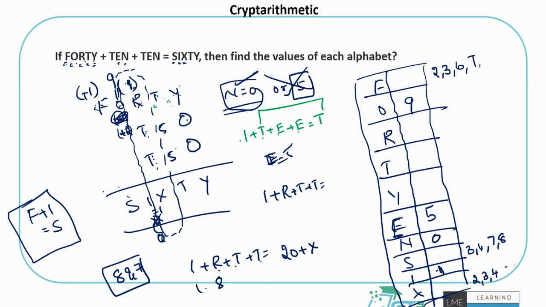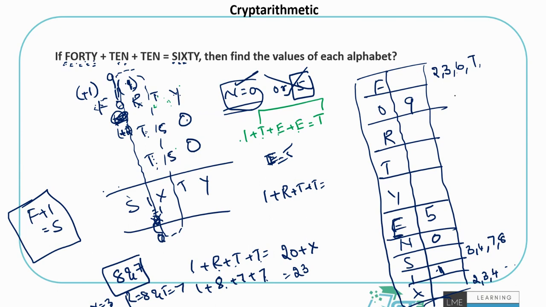So let's try R as 8 first. 1 plus 8 plus T as 7. What do I get in this case? If R is 8 and T is 7. This is again case by case. I am just trying a case. So what do I get? 9 plus 7 plus 7 is what? 14 plus 8, 22 plus 1, 23. Okay. This is one case. That means x is 3 and then I am carrying forward 2 here. So 9 plus 2 is 11 and then I am getting 1 here. So that's what is happening. In this case I am getting x equal to 3, right, in this story.